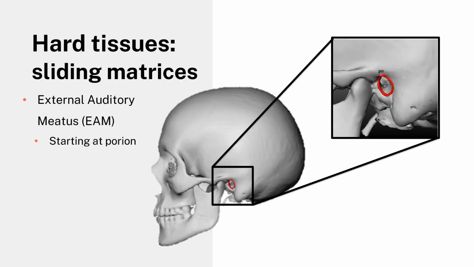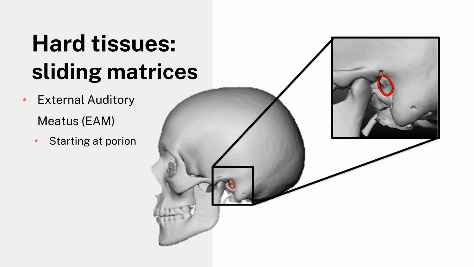Matrices using sliding landmarks were also indicated along the exterior curves of the left and right EAM, the left and right orbit, and the anterior nasal aperture. For accurate analysis, each curve is required to have the exact same number of landmarks along the curve, and all curves must start in the same place. An existing craniometric landmark was selected as the starting point for each sliding matrix.